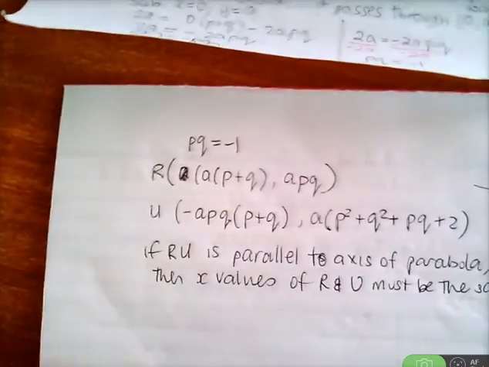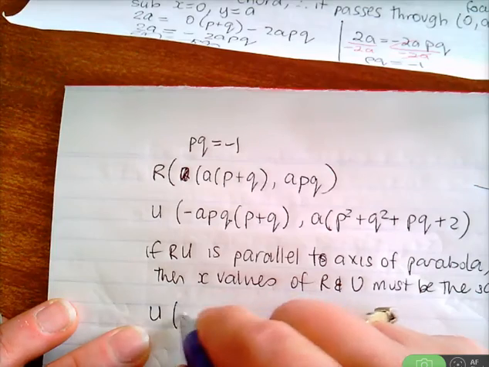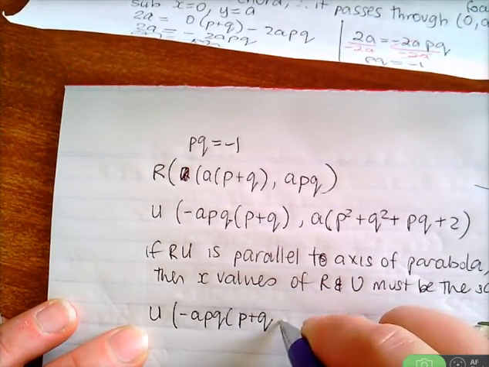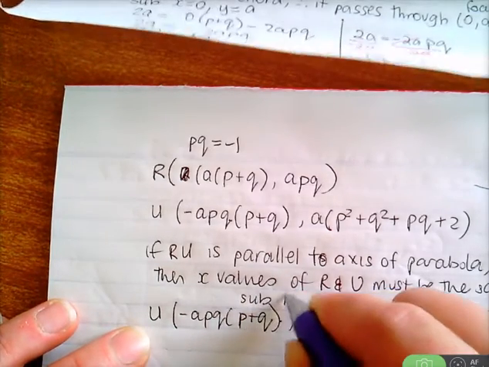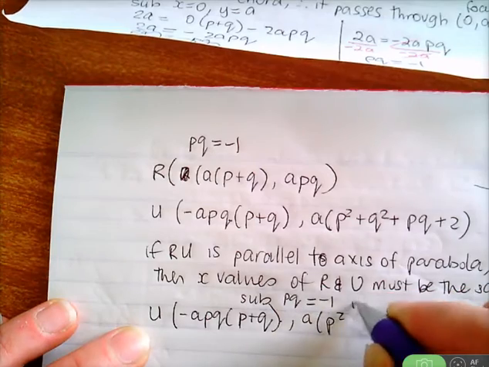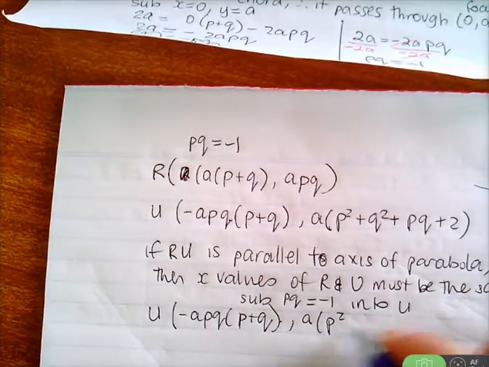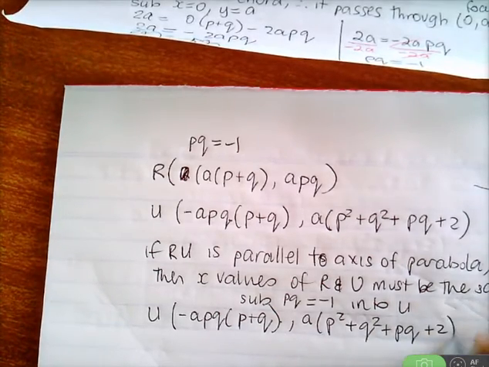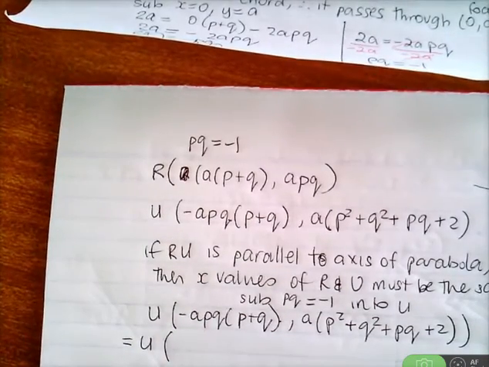Well, let's just see what U is. So U happens to be this. What are you going to do with that? Why don't we sub PQ equals -1 into the U point? Does that make sense? What do you think, girls? Do you think we should do that? Oh, here, I'm off the page. So,